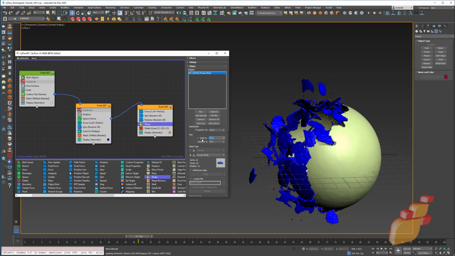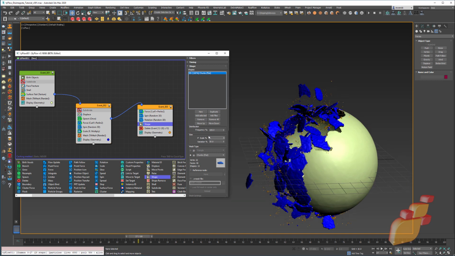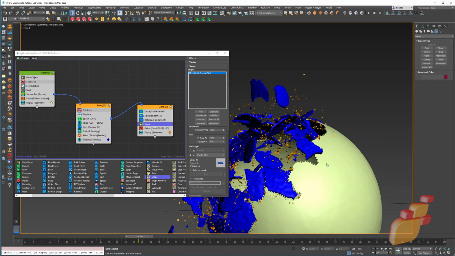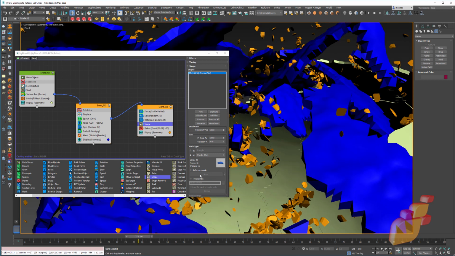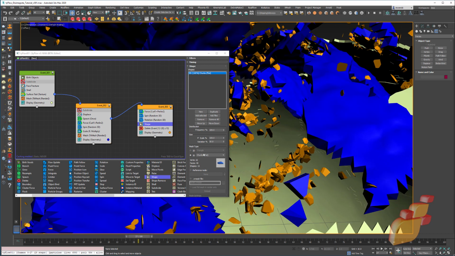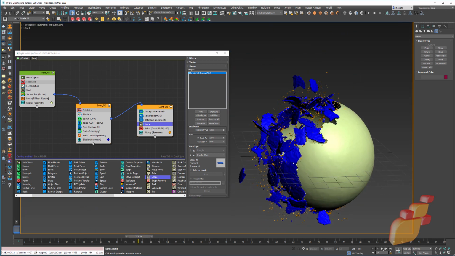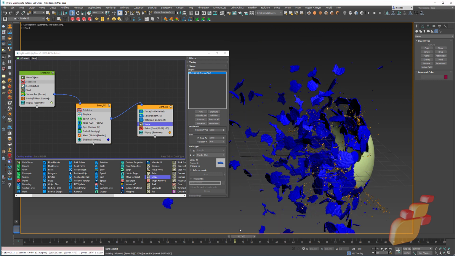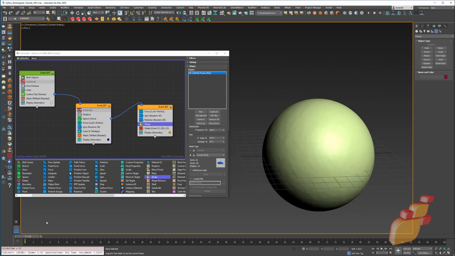Scale 75. Let's leave them at 100 maybe. Yeah, let's do that. And they all have 15 random different shapes that are cycled through, and that's kind of cool. So now we have our little break